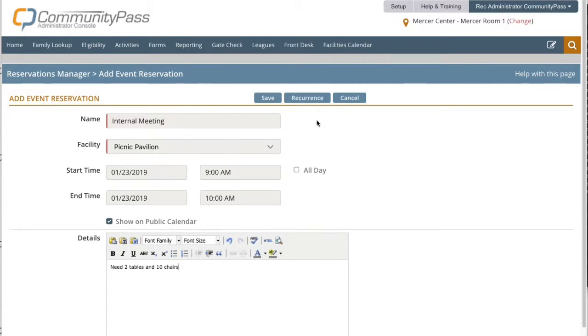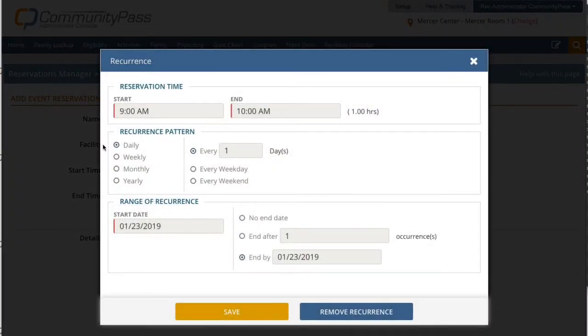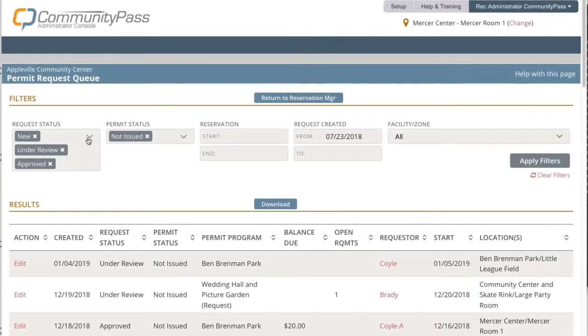If a reservation is going to recur, you can go into the Recurrence tool, and all of your normal recurrence options are in here. If you are accepting reservation requests, you would review those in your request queue. In your request queue, you can see the status of all your requests. You can filter your status to view just the new ones, or just view the approved or the ones that